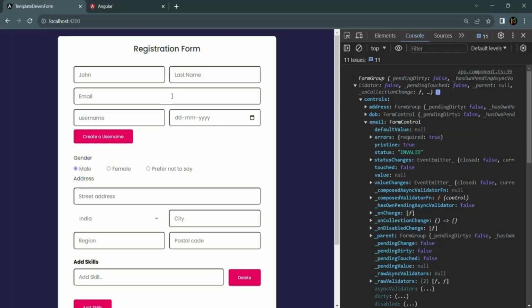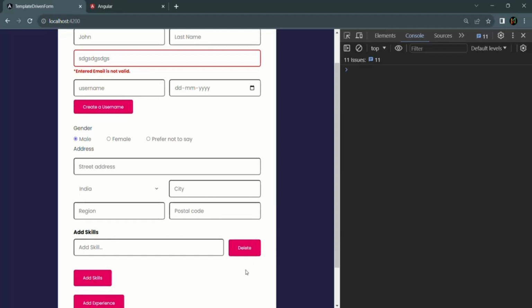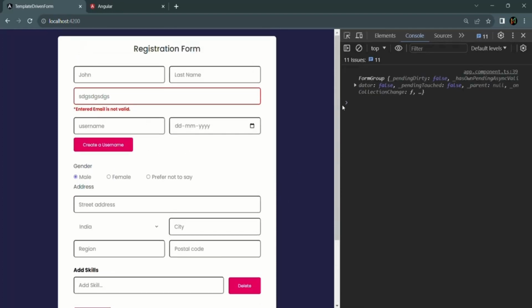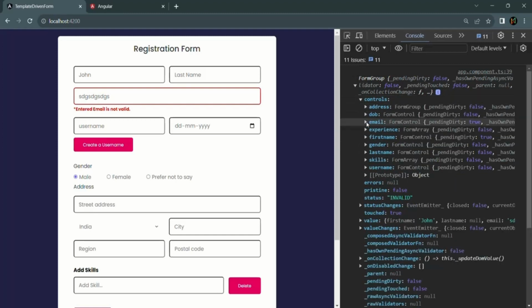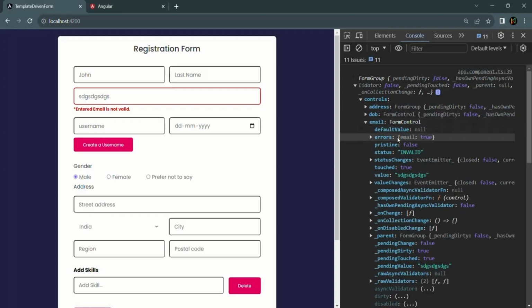Now, if I enter some random value in this field, which is not a proper email, and now if I submit the form, let's go back and expand the controls property, and there let's expand this email form control. Now, you will notice that we don't have the required error code. Now we have this email error code because this field is required and on this field we are also using another validator called email. So if I go back to VS Code,